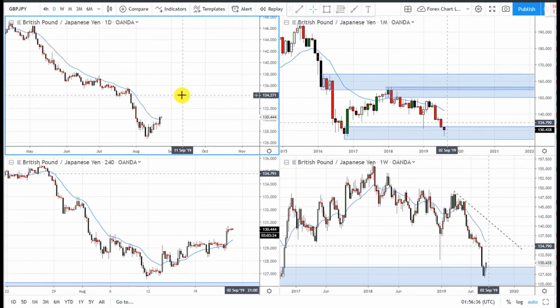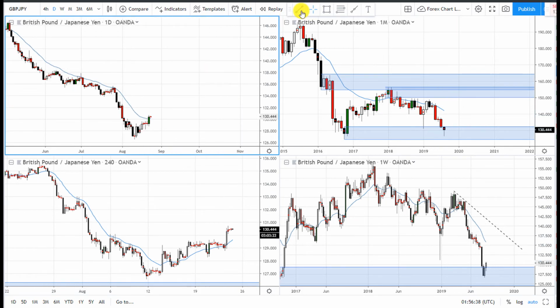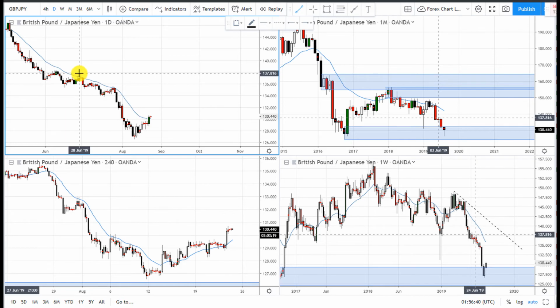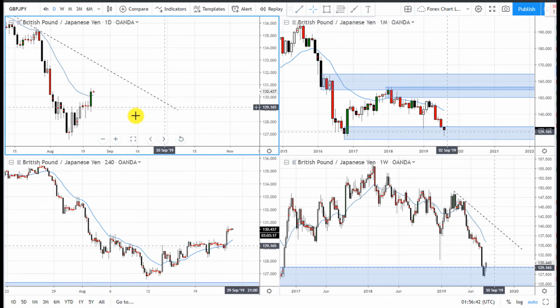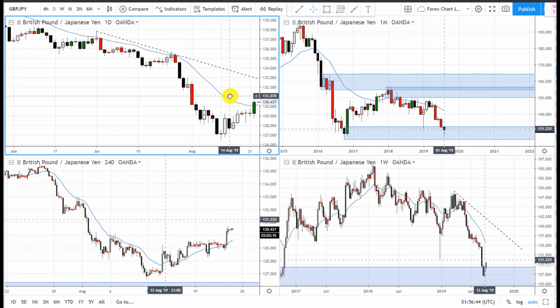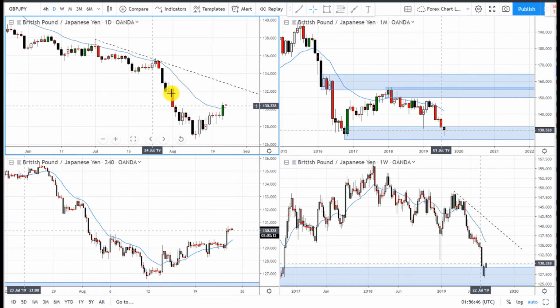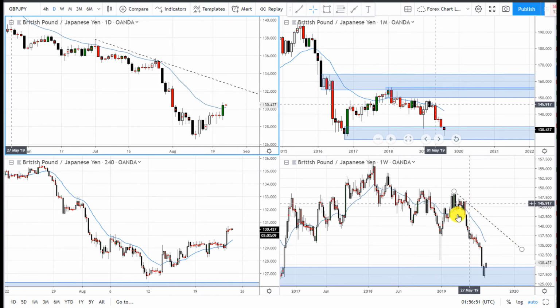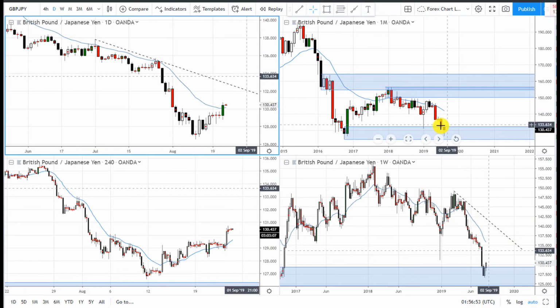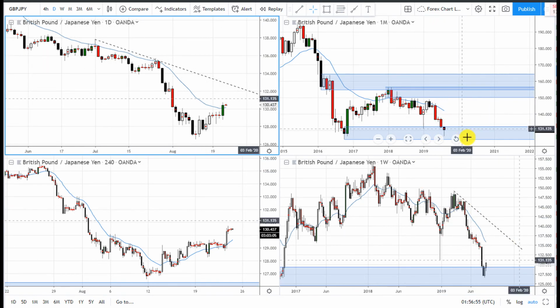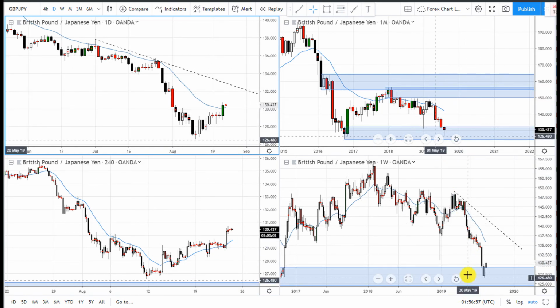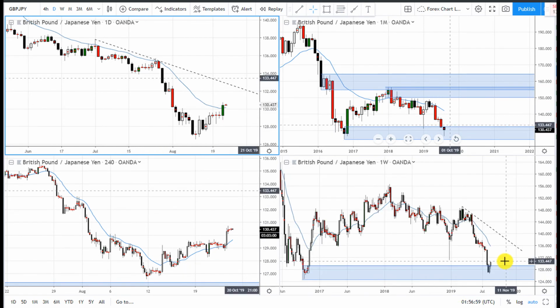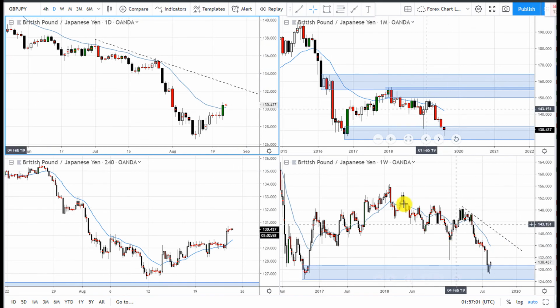So technically, if you draw the trend line, it's gonna be like this. It's pretty hard to draw, but I'm gonna draw like that. So technically, the daily is still in a downtrend. Weekly is in a downtrend, but we have monthly area of demand in control, and weekly area of demand in control. So we want to go long, but